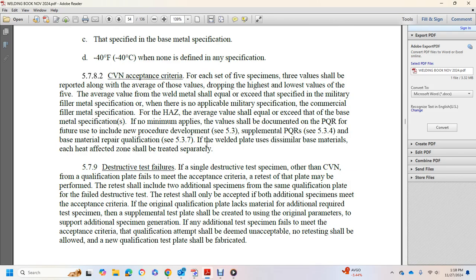For a test specimen other than the Charpy V-notch of the qualification plate that fails the acceptance criteria, a retest of the plate may be performed. The retest includes 2 additional specimens on the same qualification plate. Retest shall be accepted only if both additional specimens meet the acceptance criteria of the original qualification plate. If lacking the 2 additional specimens, a supplemental test plate should